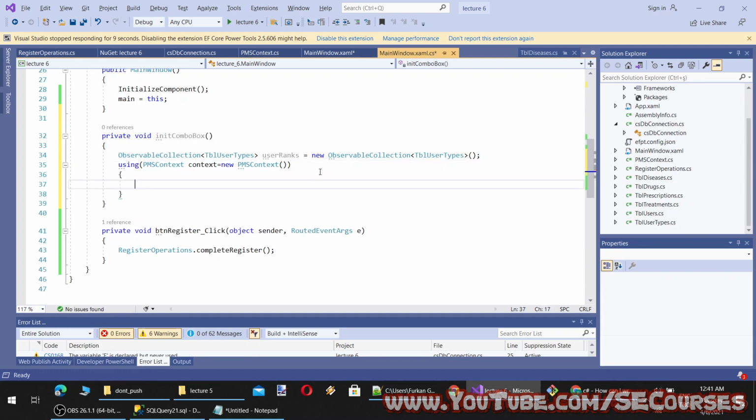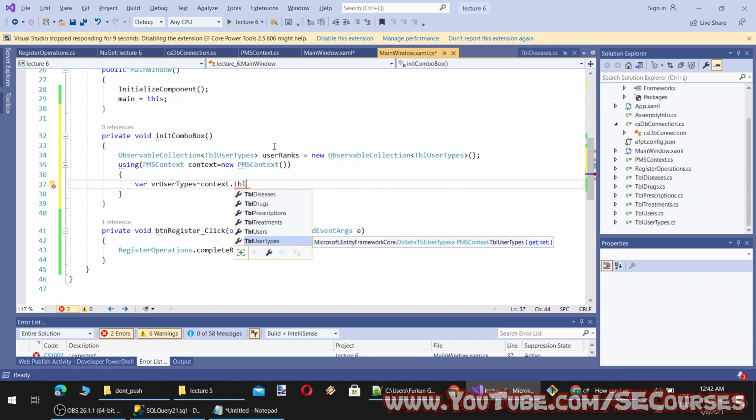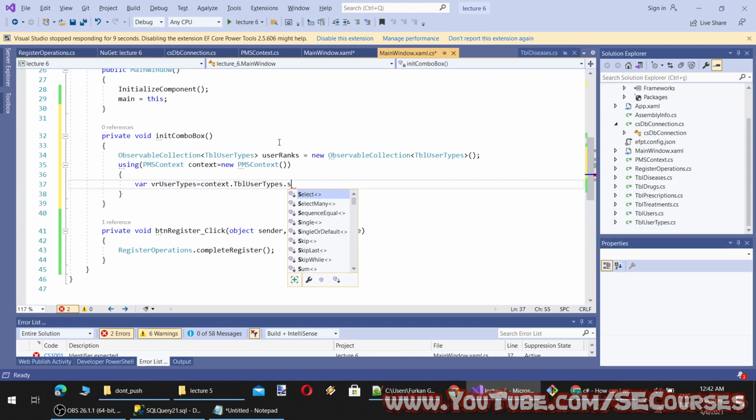Then we are going to get user types. Okay, so TBL user types, and let's say var records or VR user types equal to context dot TBL user types dot find or select.